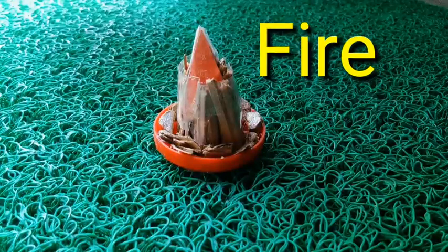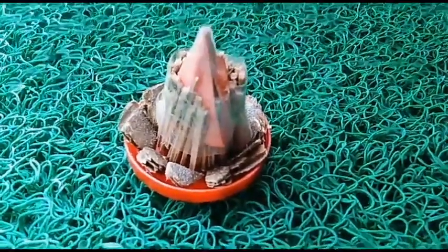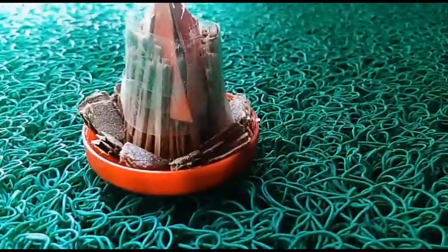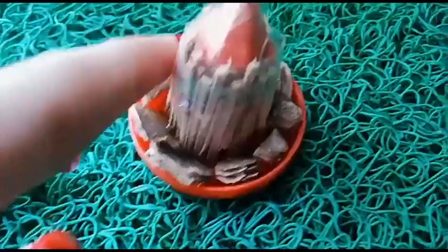Now we will make fire. For this you will need thin wooden sticks. We will paste them together with the help of a sellotape like this. In between them, we will place a pyramid-like shape of orange color like this. You can see. We will paste it with the sellotape and it is